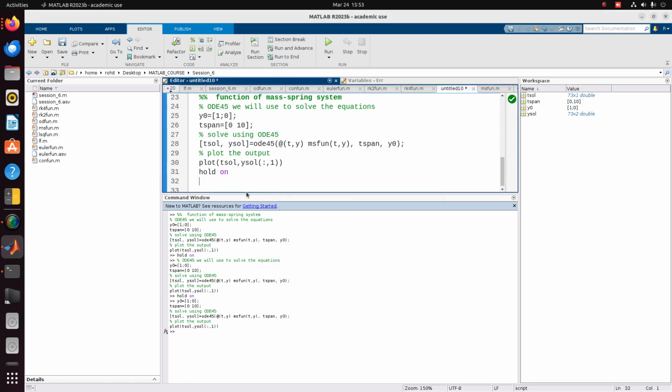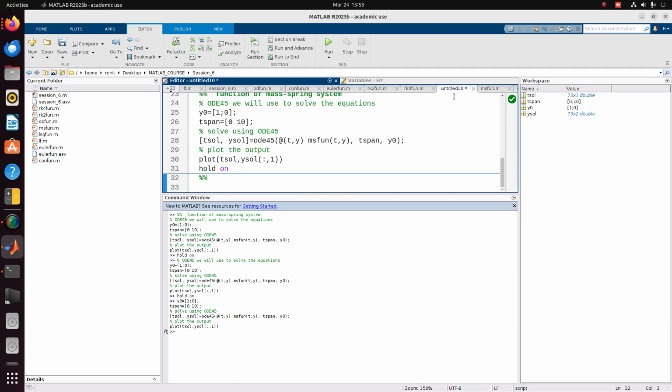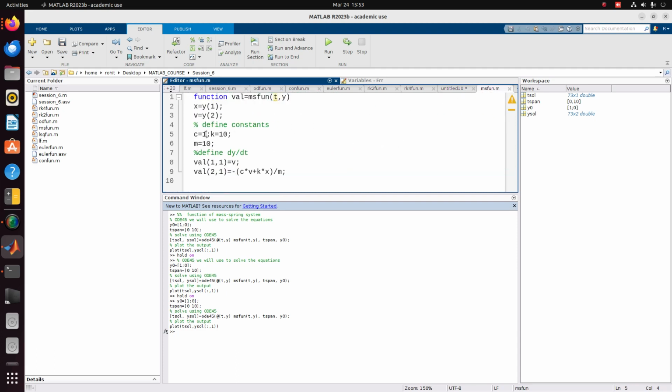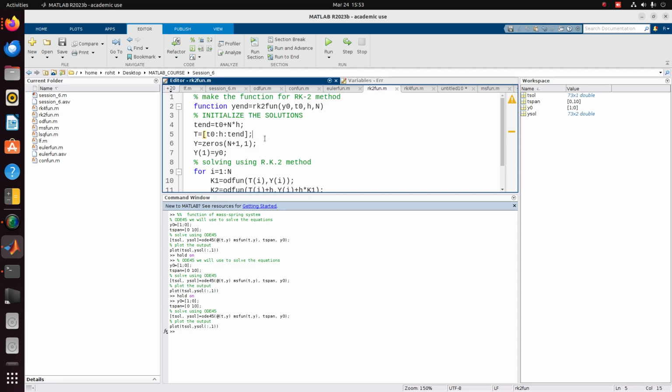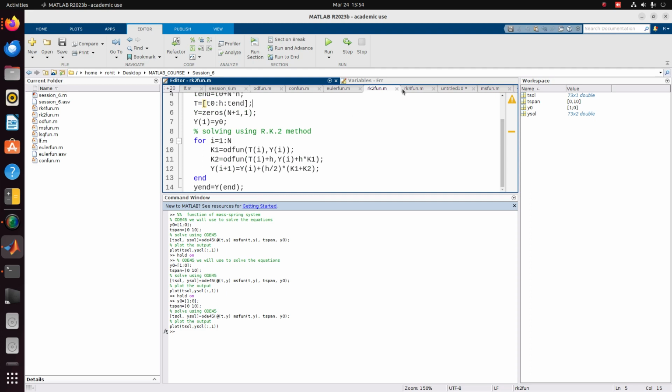Just close it here, and we can see that we can run the same ODE functions and all. For this, we have already mentioned all the initial conditions, so we'll just maintain it here as 5. We will take the Runge-Kutta function. T is not 0, so we have mentioned all this. Only we need to mention the initial condition, and then we can take the RK4 function from here, and we